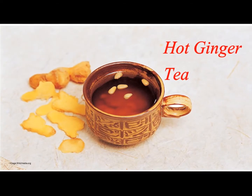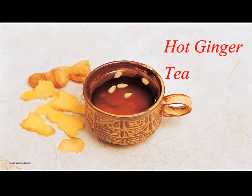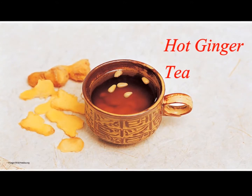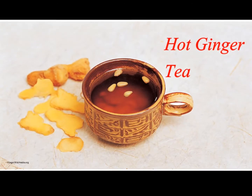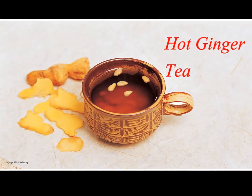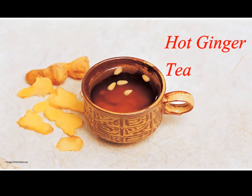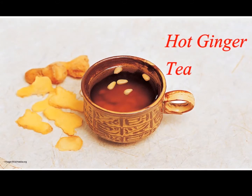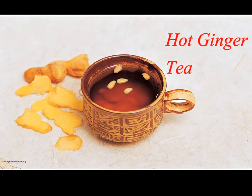Hot ginger tea. This is one of the best teas to sip when you're feeling stuffed up and nasty. The ginger is delicious, warming, and just a little spicy. You will need 6 to 8 tablespoons of freshly grated ginger root, a pinch of cinnamon, optional, a squirt of lemon juice, optional, a dash of honey, optional, 4 cups of freshly boiled water, a glass jar, at least 1